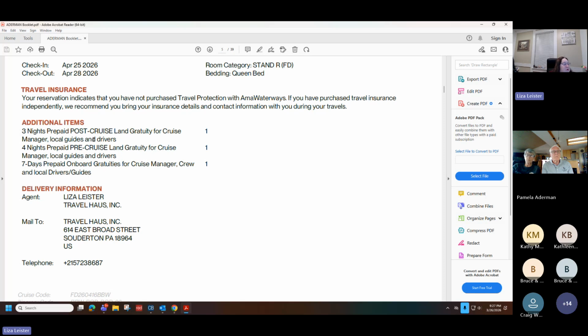But now we went back in and we updated them when they started offering it. And I think most people have that option included. So it'll say local guides and drivers. That means when you're on an excursion off the ship or something like that, you don't need to tip them. It's already being taken care of.